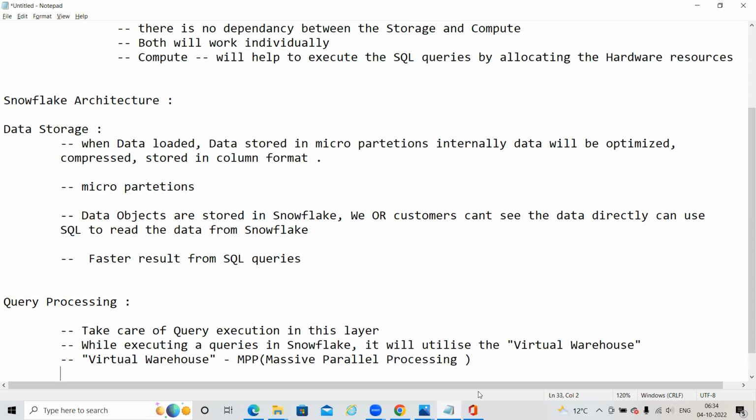Each virtual warehouse is independent and does not depend on another virtual warehouse.